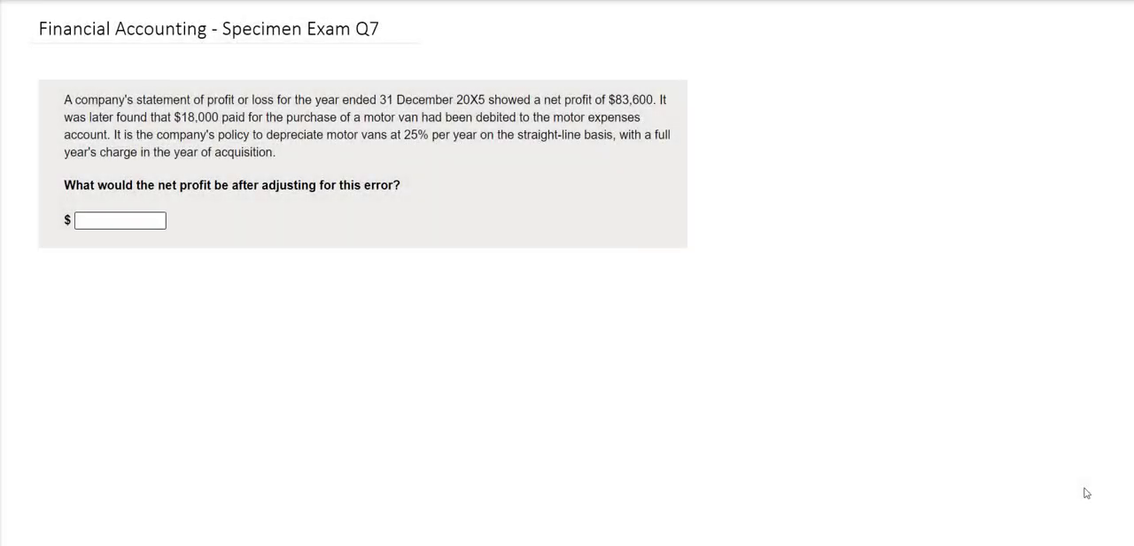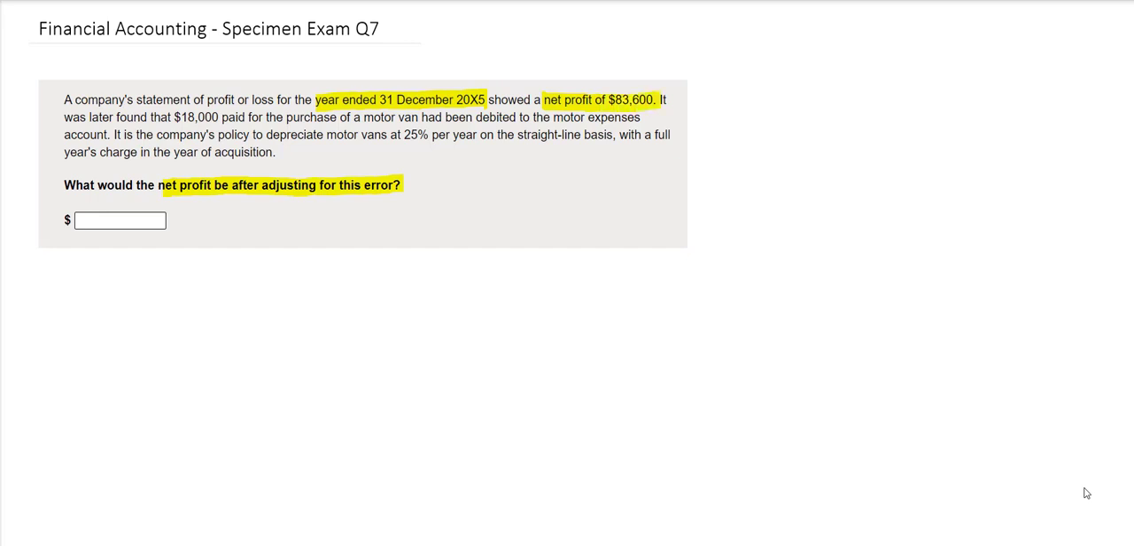In this question, we are being asked what would the net profit be after adjusting for this error. The error that they are mentioning is in the information above, which talks about an adjustment for a motor van that had been treated as an expense. It tells us that the company's statement of profit and loss for the year ended 31st of December 20x5 showed a net profit of